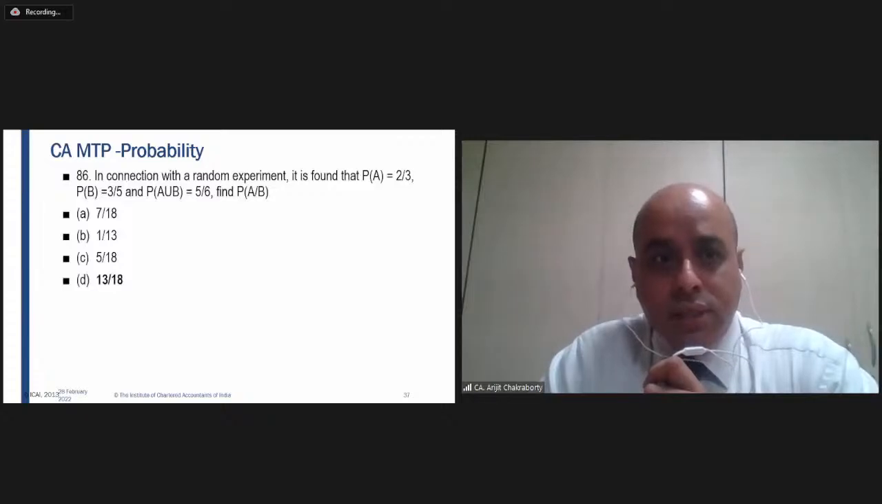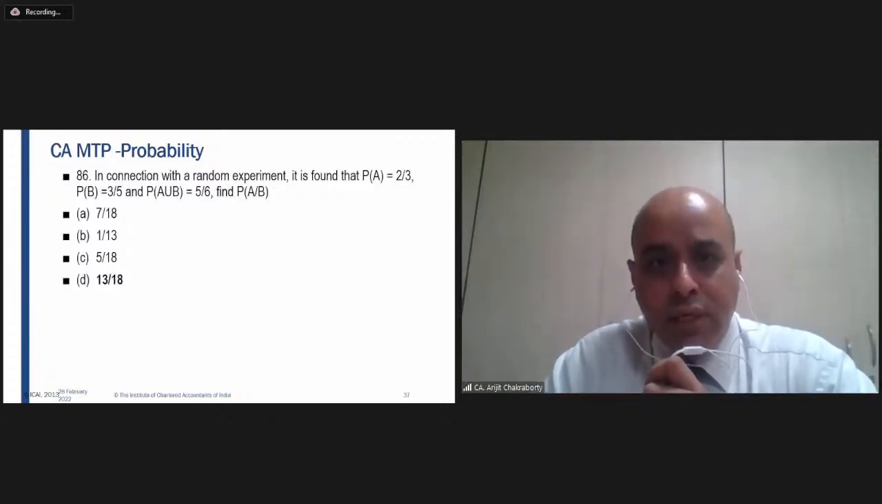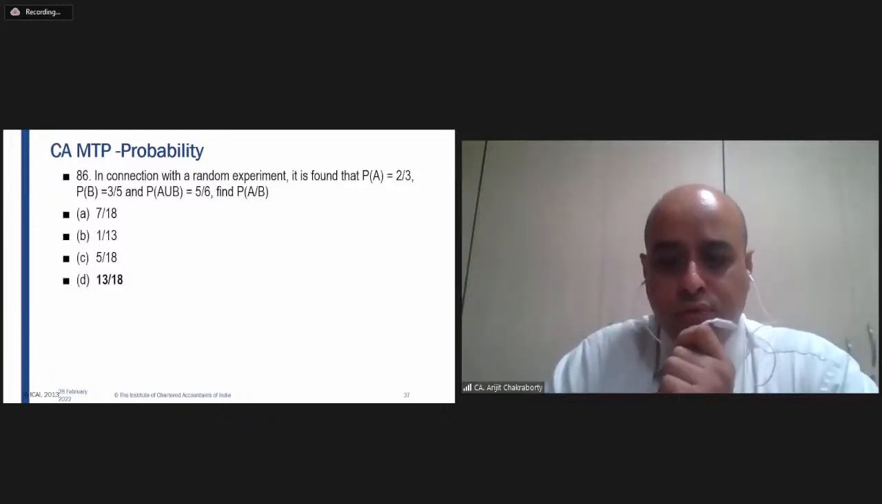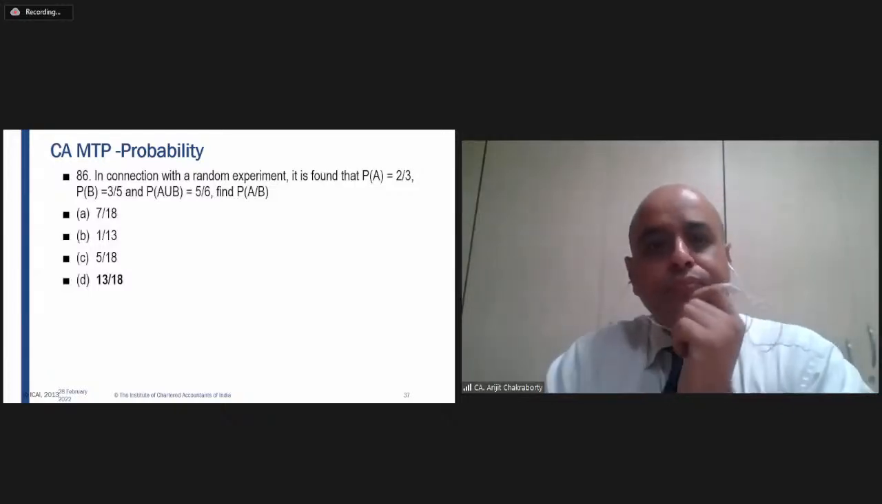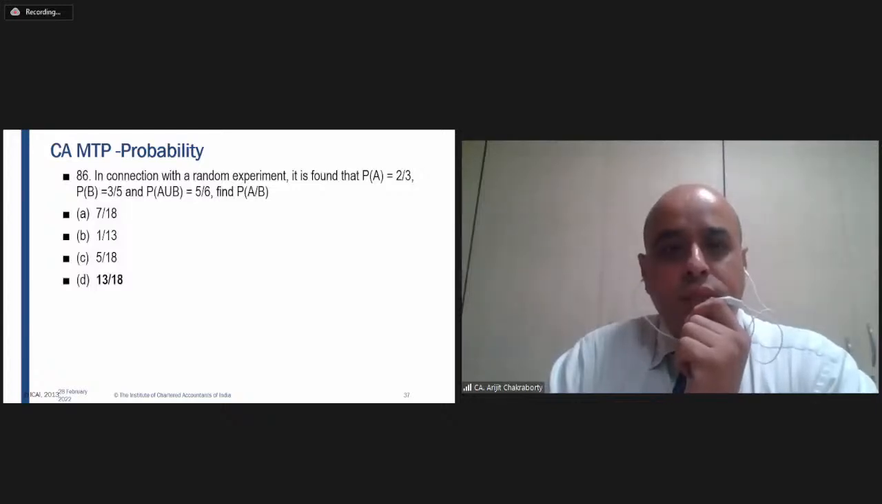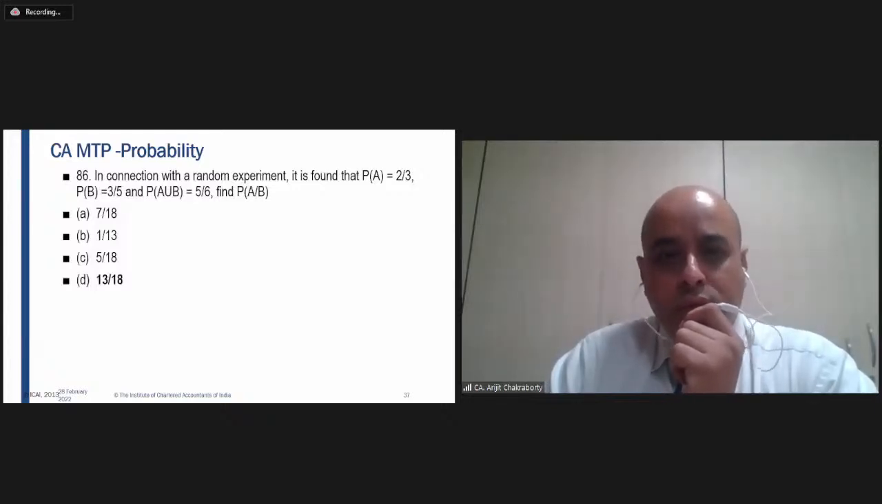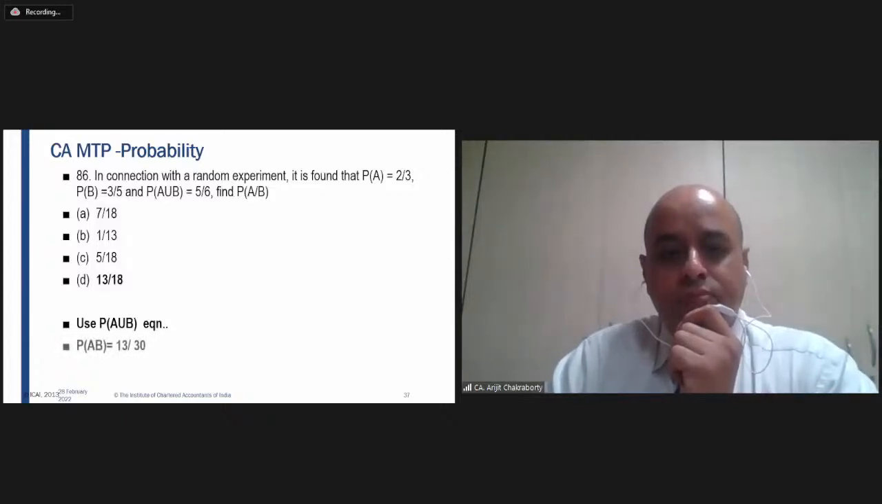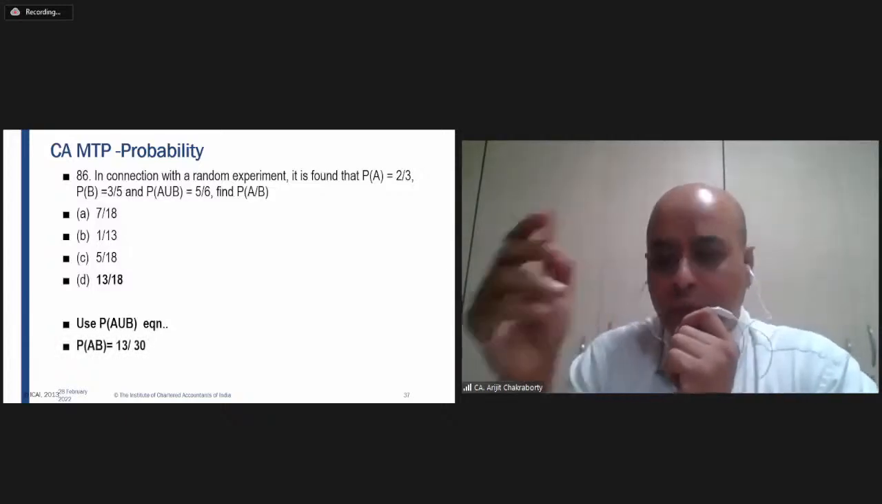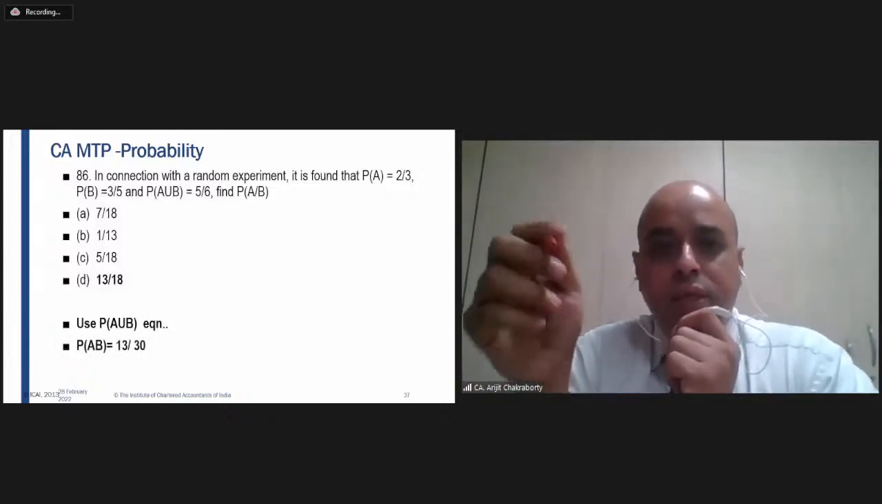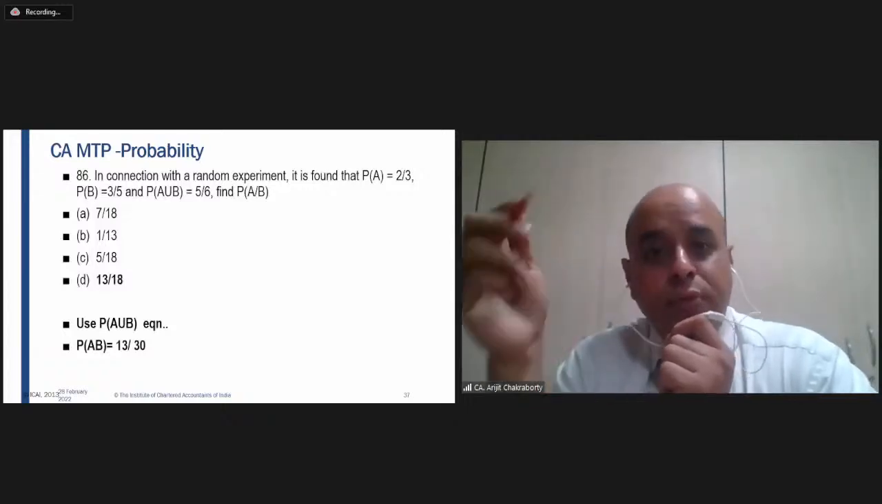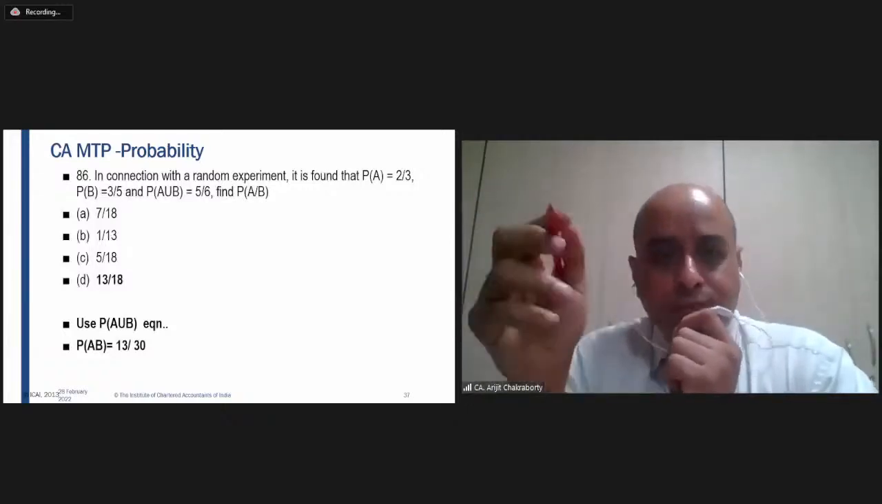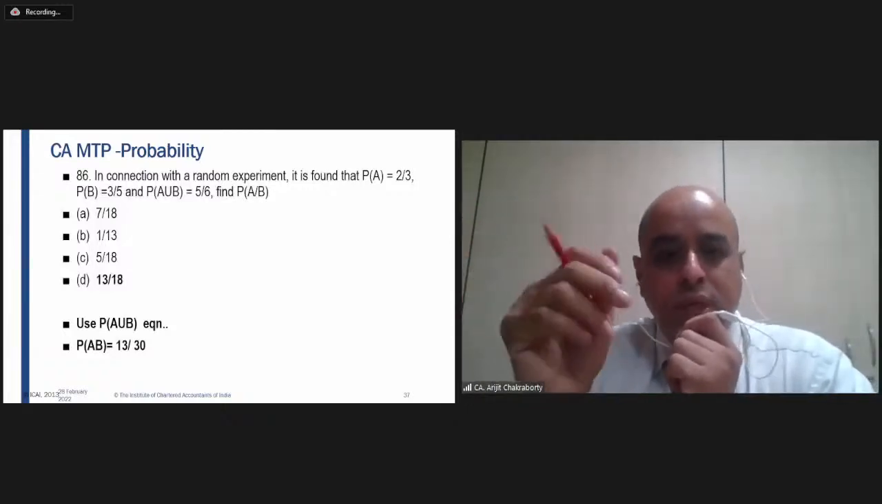Question number 86, this is an MTP question. In connection with a random experiment, it is found that P(A) is this, P(B) is this, P(A union B) is this. We have to find P(A given B). So here P(A), P(B) and P(A union B) are known. So from there, using the equation P(A union B) equals P(A) plus P(B) minus P(A intersection B), once you solve it out, you will get